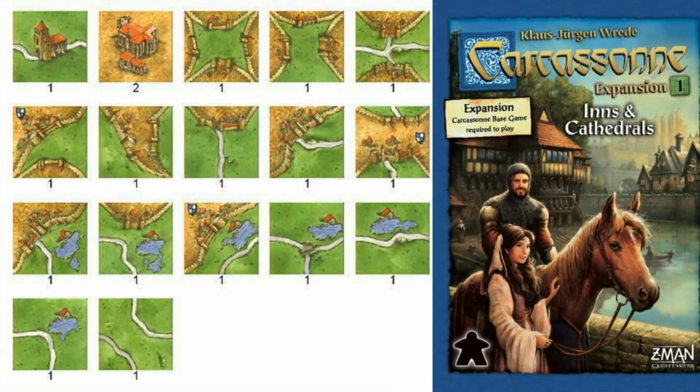Then they came out with their first real expansion. The river was a small expansion. The first expansion, Inns and Cathedrals. So I'm showing the new covers. I'm just going to be showing most of the time the new covers of stuff that ZMan has. But Inns and Cathedrals is almost a necessary expansion, in my opinion, for a few things. One, it introduces tiles that kind of tie things together. You don't notice that they're there, but different combos of the roads and cities. And it added the Inns and Cathedrals, which...